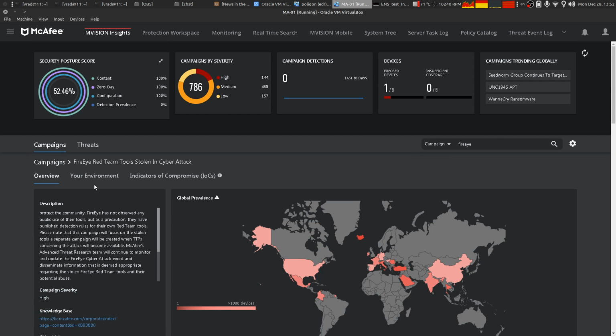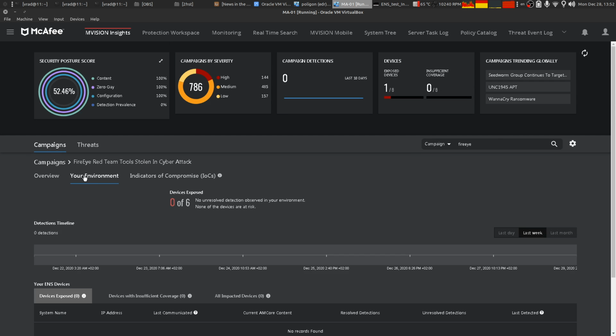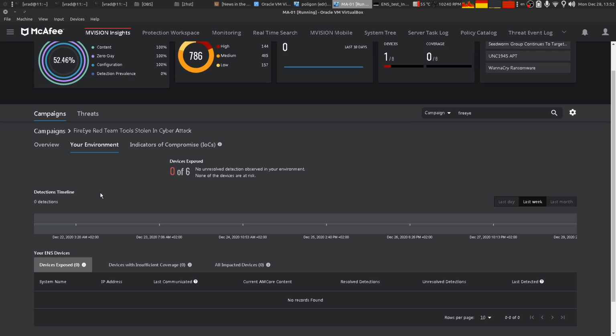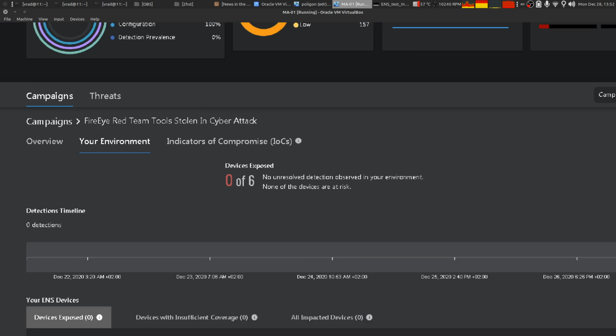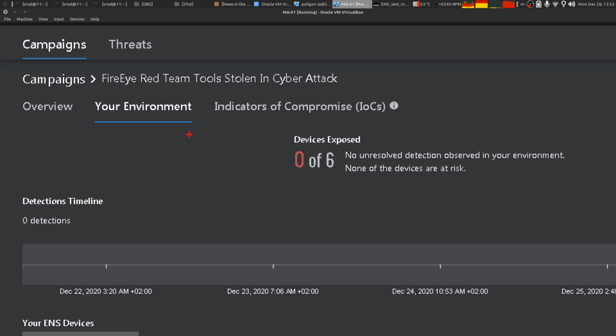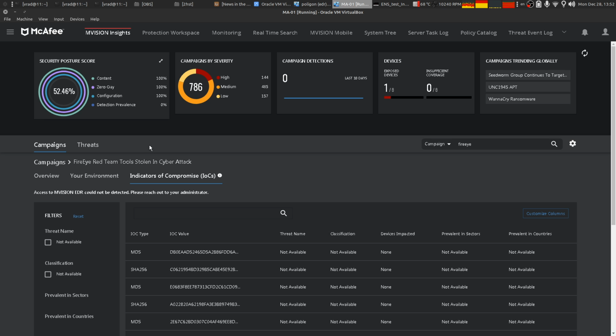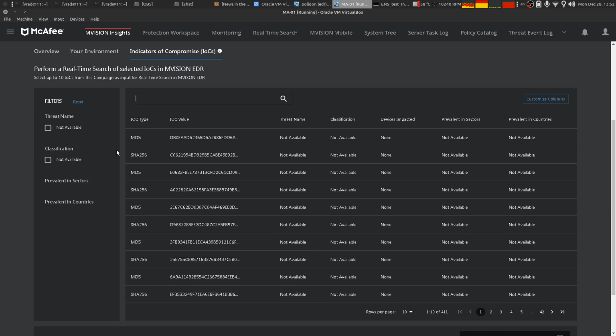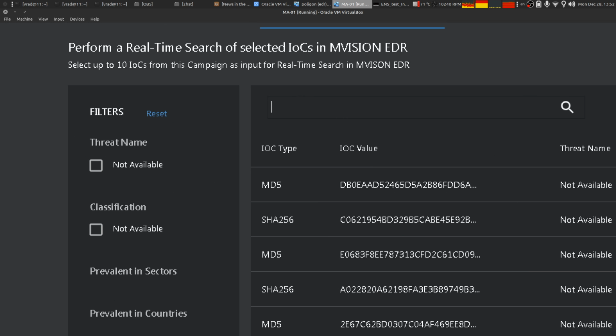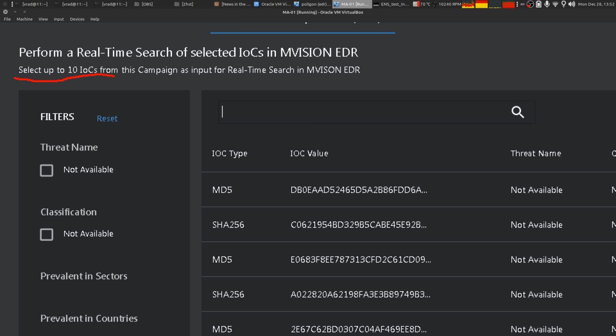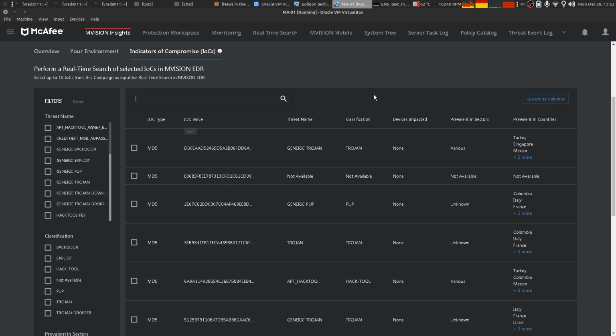Thanks to MVISION Insights, you can quickly check this. When I click here and go to my environment, I get a notification that 0 of my 6 test systems, no device, was exposed to this attack, and from what period of time. And if I click on the indicators of compromise, I can choose up to 10 hashes or other indicators of compromise,